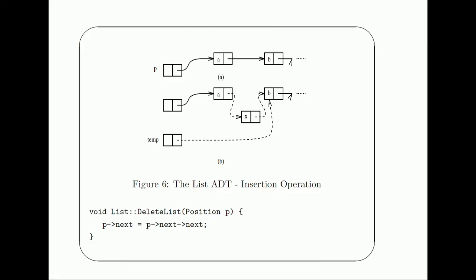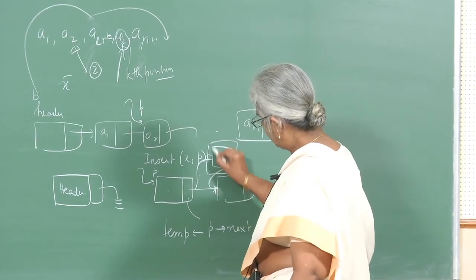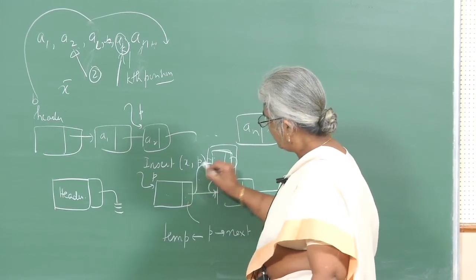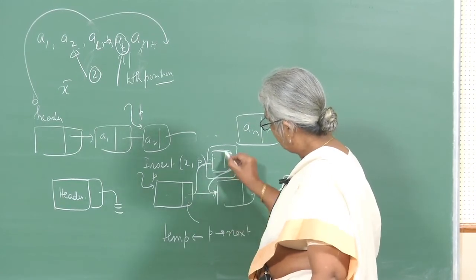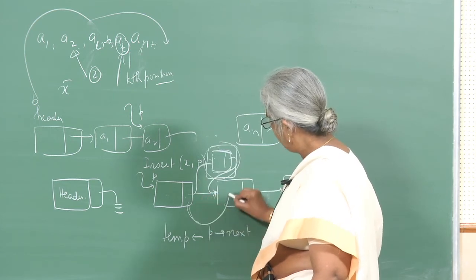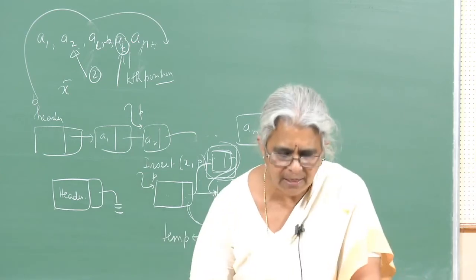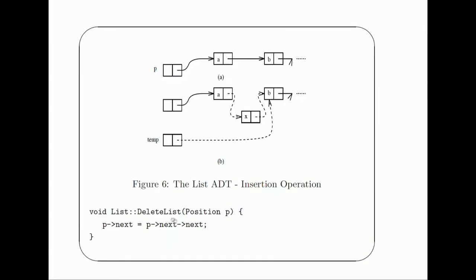There is a reason for doing this, because what happens is, if I want to delete at position p, what do I have to do? I have to take this pointer here. Now notice that I had inserted this element. Now if I want to delete an element at position p, this is the element that has to be removed. Therefore all that I have to do is point p to p pointer next. So it is a very single operation over here. Notice that I do not have to do any more bookkeeping. So these are clever things that we do.